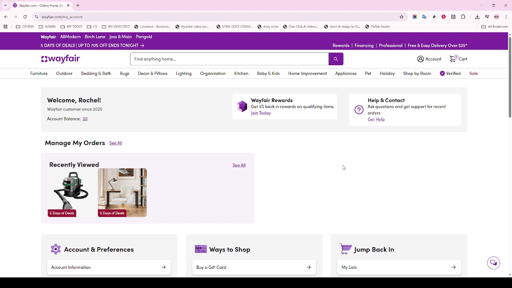And there you have it, a quick yet comprehensive guide to logging in and making the most of your Wayfair affiliate